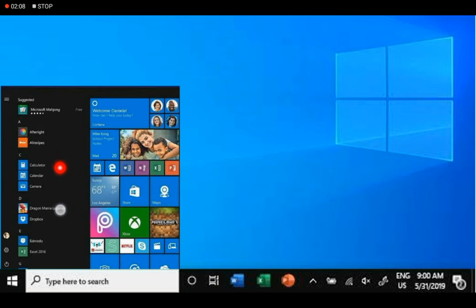On the left side it is also showing some options like calculator, calendar, camera, etc. And at the bottom there is a search box by which you can search any application, or you can also make an online search with the help of this search box. So this is all about the start button and start menu.